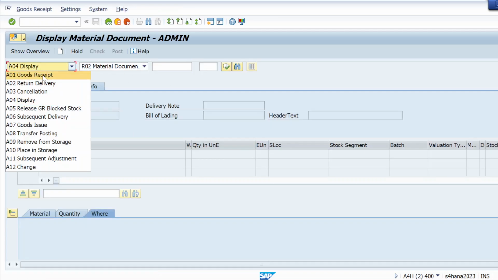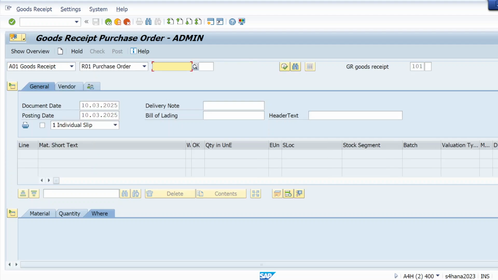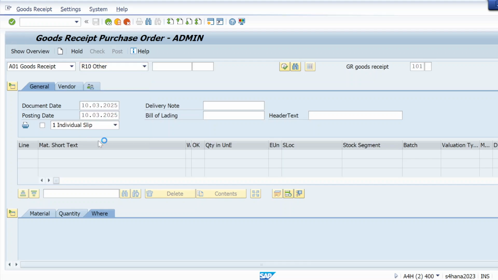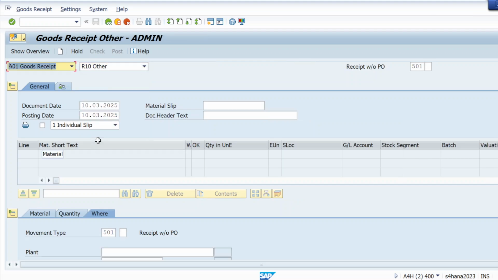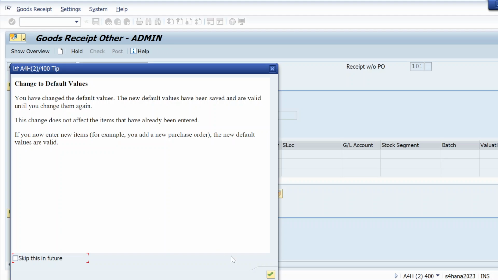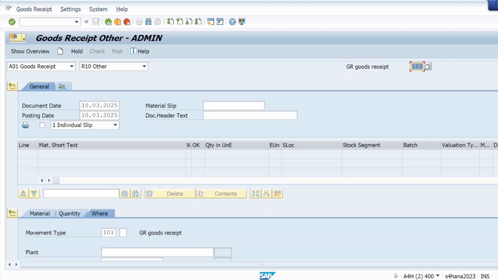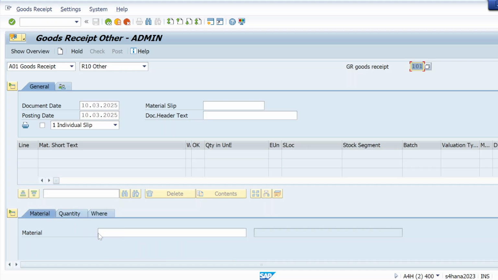And here I will just do goods receipt. Instead of a purchase order, we will select Other. Here the movement type must be 101. Make sure the movement type is 101. Hit enter. Here we will give the details like the material number.